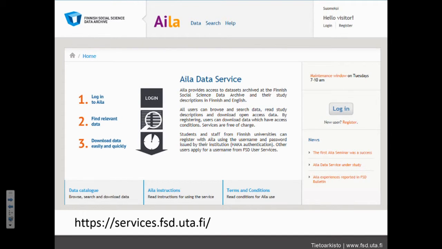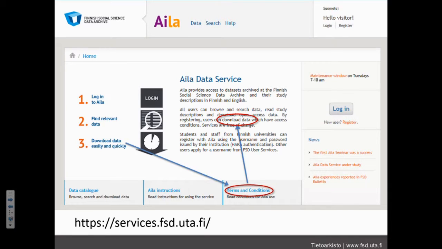Just very quickly showing the ILA service, where you can find it. You need to log in. If you have your HAC identification, that's all you need. If not, then you'll need to contact us and register, and that'll take a couple of days, and you'll have your ILA pass. Then, even before that, you can go and search for interesting data sets. Browsing, searching, that is available for everyone. You need to be able to access the internet, though.